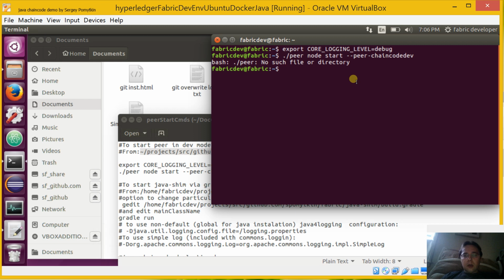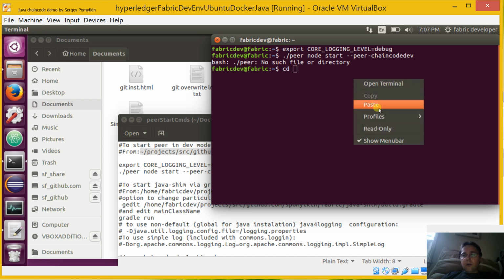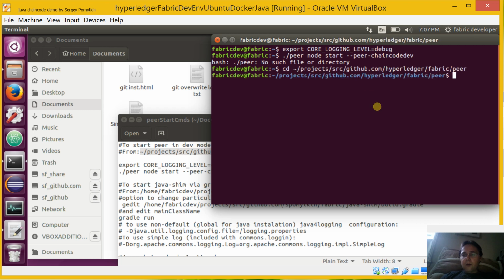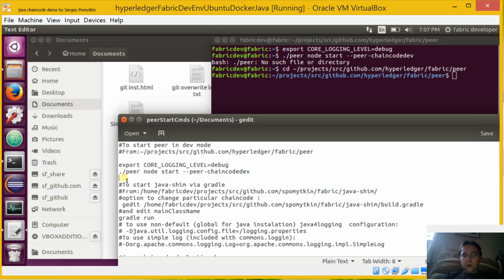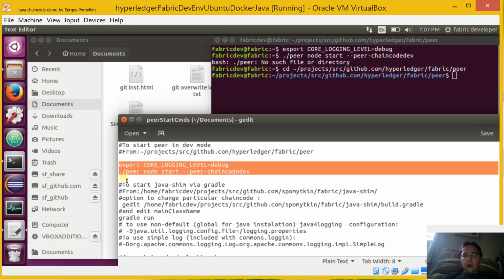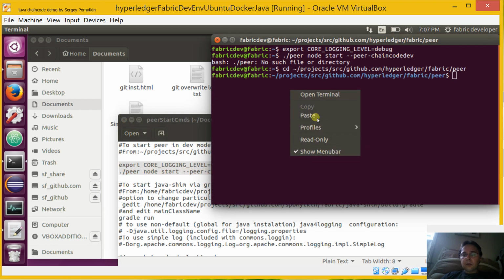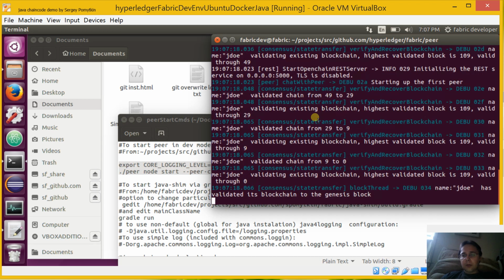So I'm going to the source path of Fabric peer, and from this source path I'm invoking the node via the peer command. Peer is a command line interface to Fabric essentially. So now we have Fabric running, and we can add our